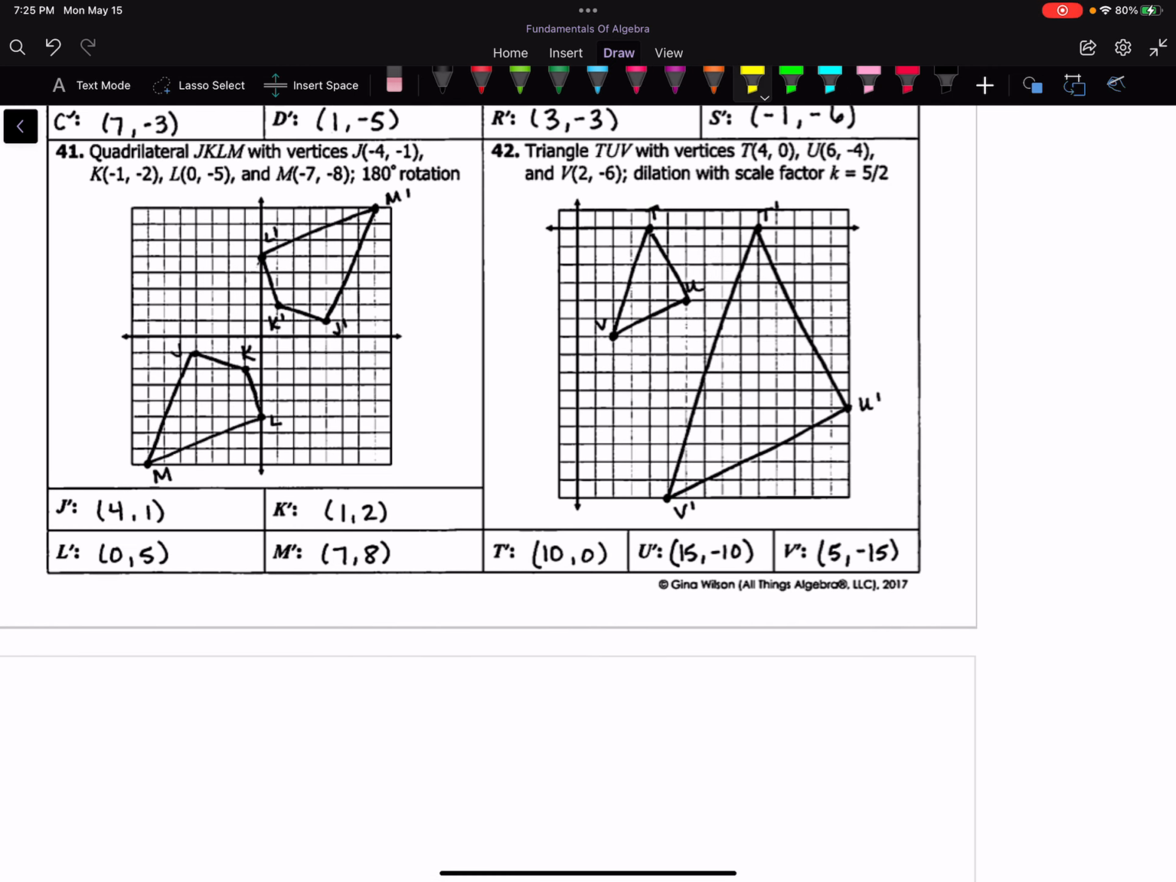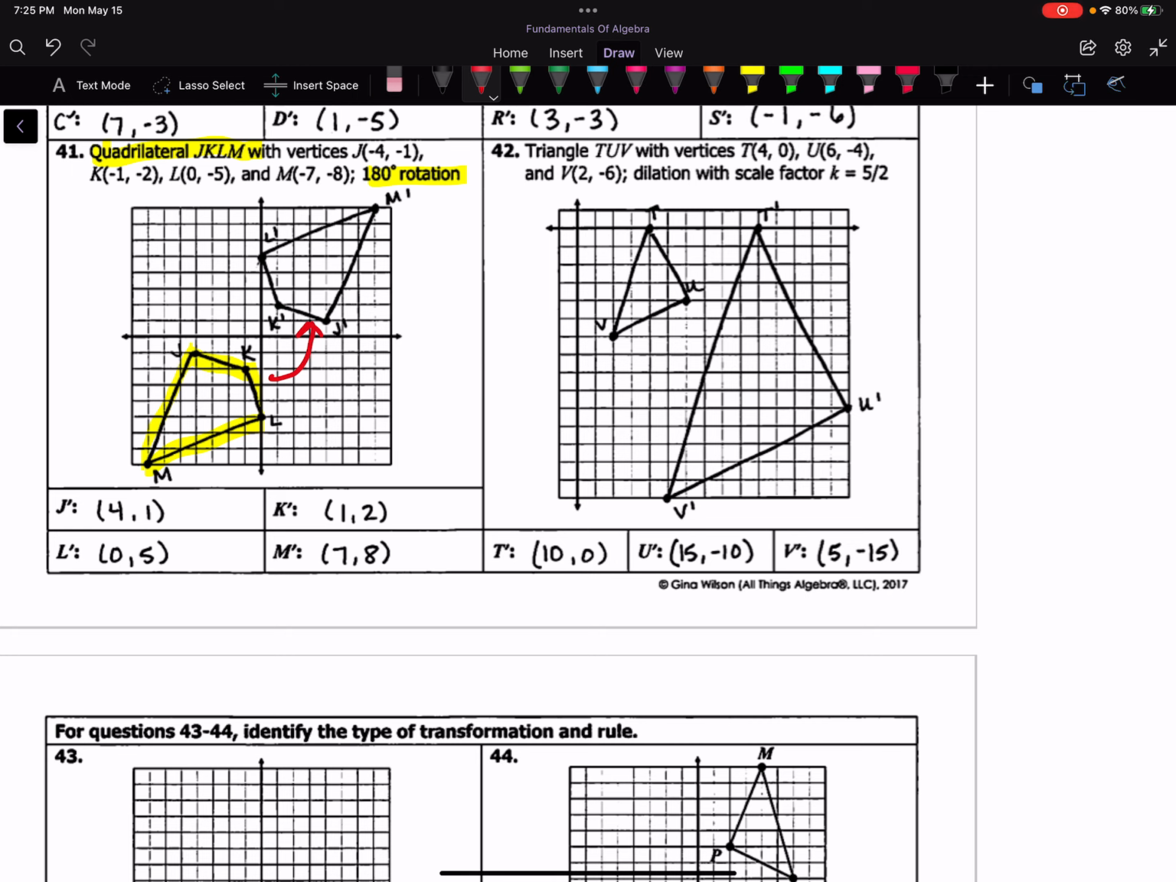Quadrilateral JKLM, right here. There's our original. We are rotating it. Notice they don't say clockwise or counterclockwise because that always goes the opposite corner. So if we operate that, and we go like that around, we follow the correct rule, and we end up with